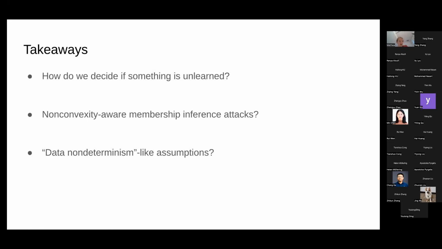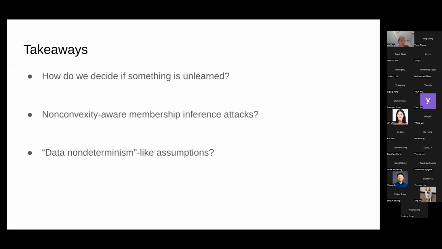And finally, I think there's this interesting thing here where non-determinism can cause forgetting. So random batch orders and random sampling from data sets can cause this forgetting effect. And these are something that you can't rely on in differential privacy analysis. And it might be interesting to see if there are any reasonable assumptions that you can make that can improve privacy analysis based on some obscuring effect of the data, if that's actually possible.